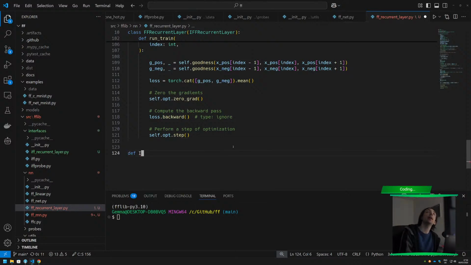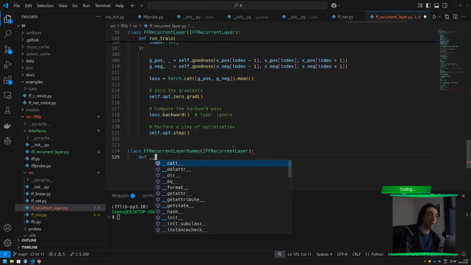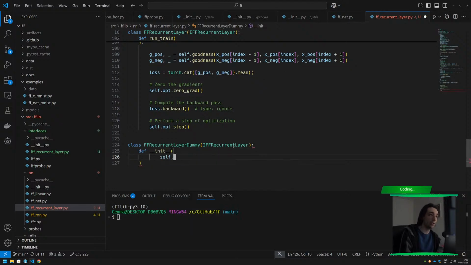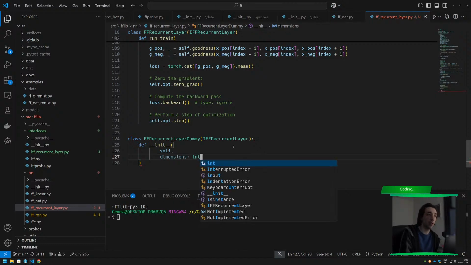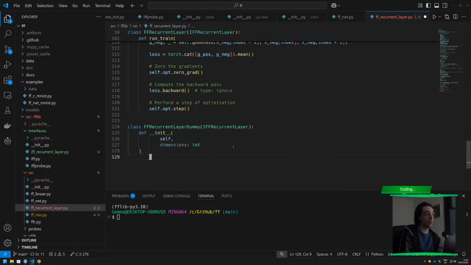Def ff recurrent layer dummy, and this again just does this, and on the init call it just takes one value, which is dimensions, the dimension. Okay, dimensions, is it plural or is it okay? So it doesn't matter. So you're just doing this, and then